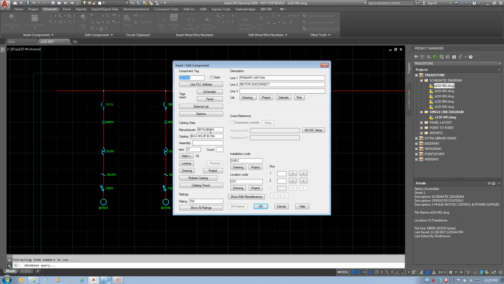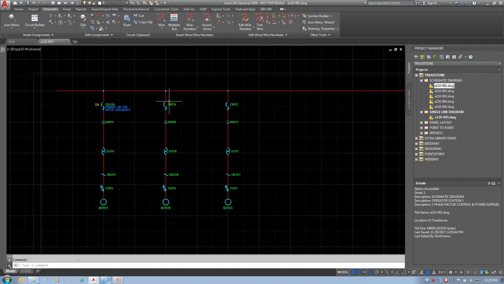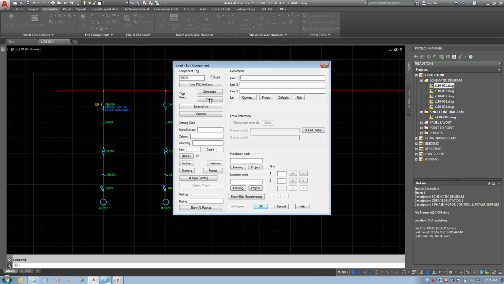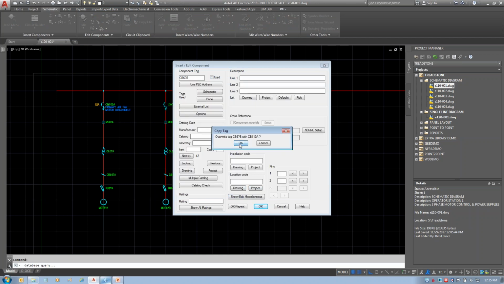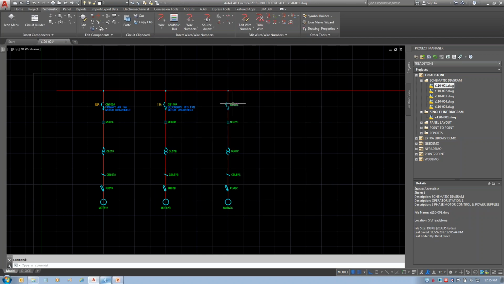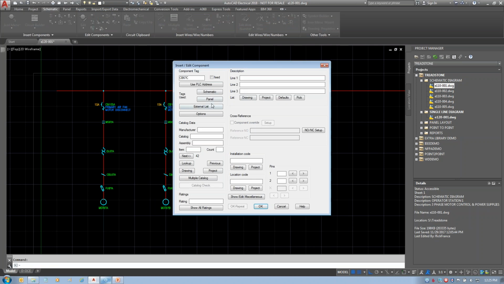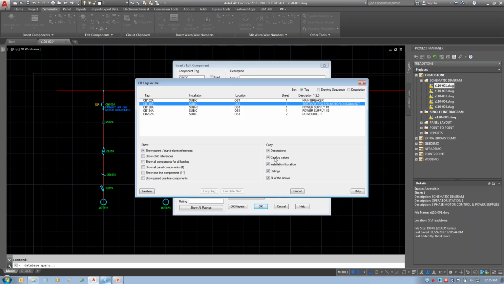As far as the product's concerned, this is the same circuit breaker that's on the other drawing. So I'm going to go ahead and hit OK. And I know you don't want to sit here and watch me go through that one with each one for the next couple of minutes. So let me explain a couple of things while I'm doing this and let you see that it's not really